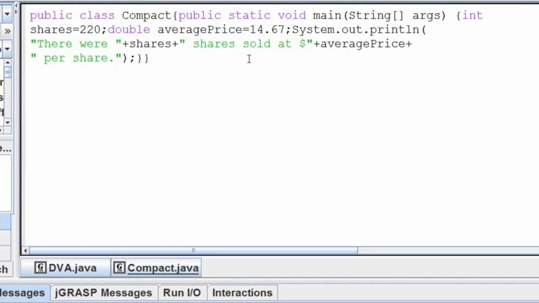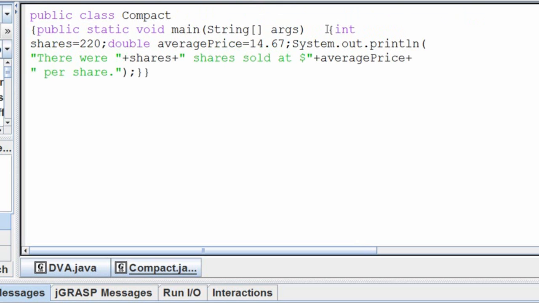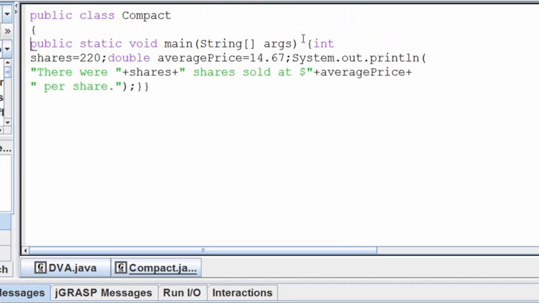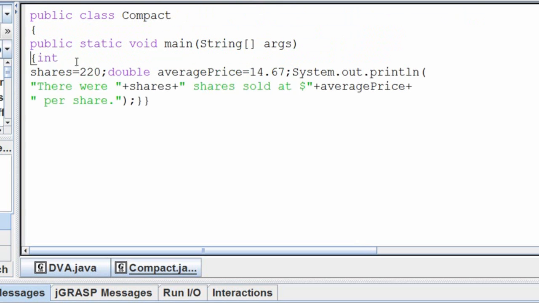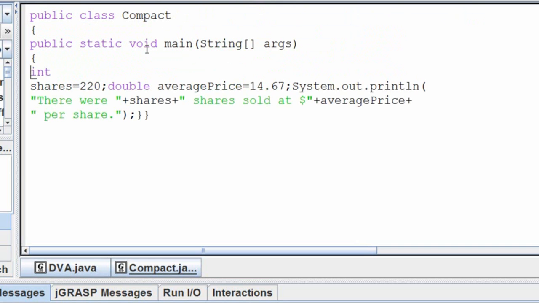Alright, so the first thing I like to do is go through all of my curly brackets, like you see here, and put them on their own separate lines. I'll go through my code, and everywhere I see a curly bracket, I'll click before it, and I'll make sure it's on a single line for itself, like you see there. And go ahead and do this for all of them, which is just those two right there. Okay,